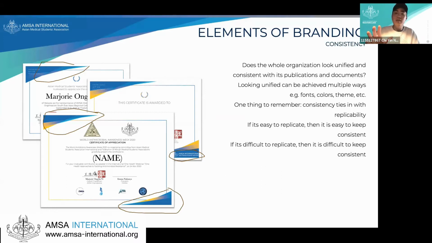But one thing I like to bring up with consistency is something that is, again, very much up to you individually as a chapter. AMSA International has decided to move in a direction of consistency, and therefore, we'd like to think, professionalism. But you also have to ask yourself, is consistency to a certain degree always necessary? There are different levels and degrees of consistency. For this, I would call this extremely consistent, because each of the certificates